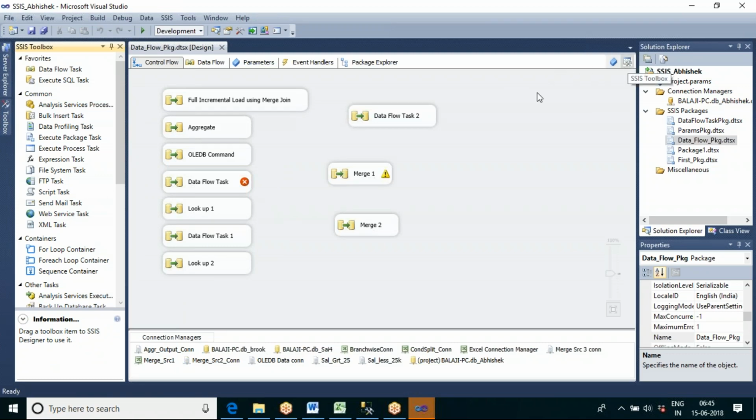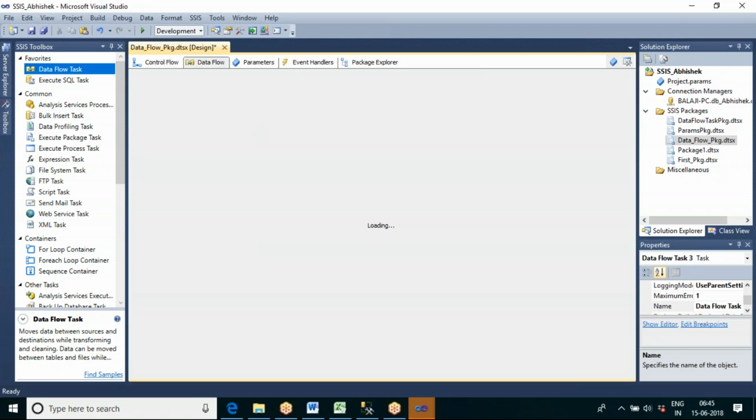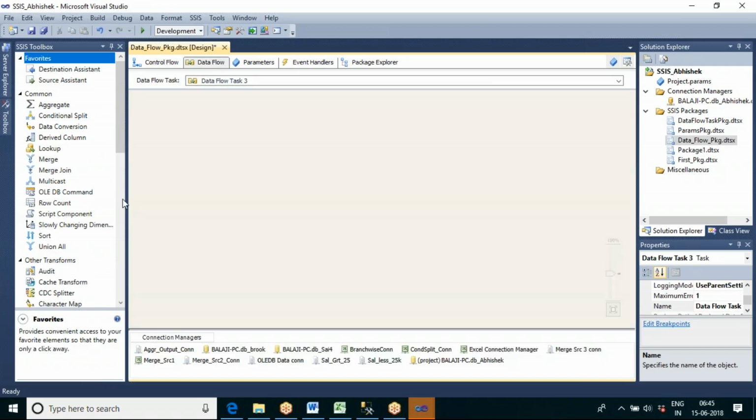This I already told you. Now let me go for the data flow task. Here let us take the merge join.